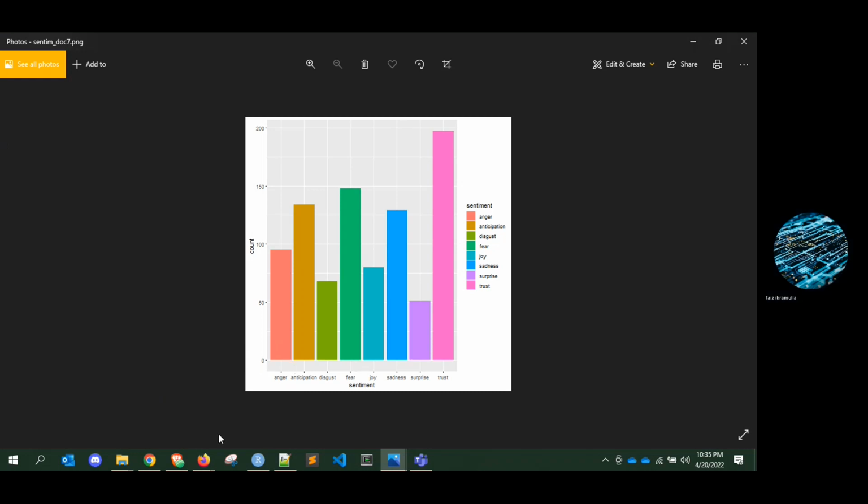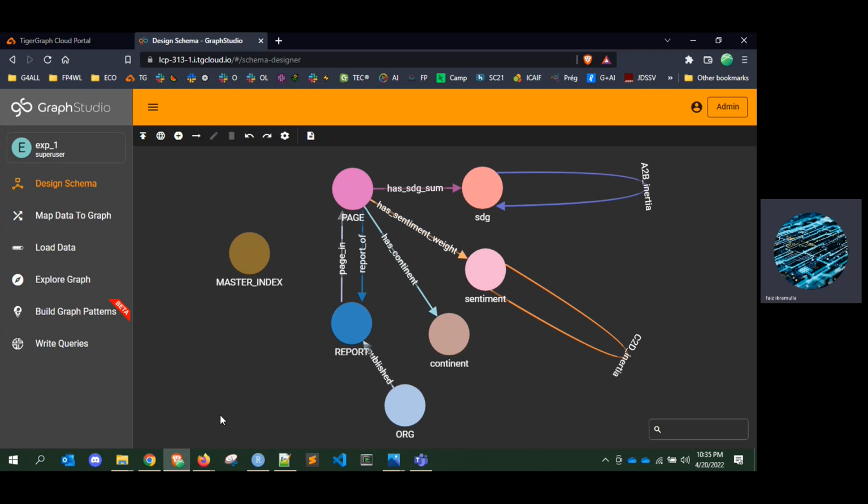Those are combined and lead to our schema design, where in this case nodes are the organization, the report content, the page number of the report, the SDG content, the sentiment content, as well as the content, and edges representing the relationship between reports and those nodes, and some interrelationships between them in some cases where more than one SDG is covered and or more than one sentiment is covered within the document.